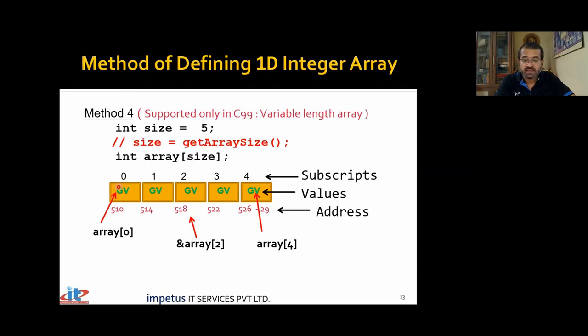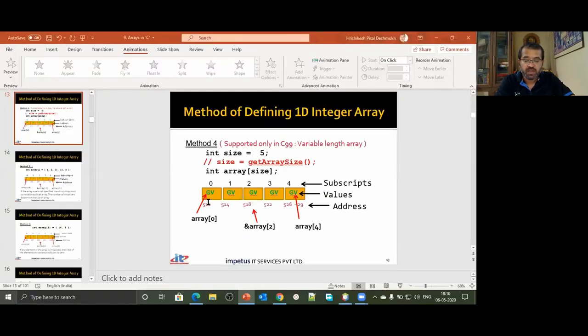But whatever is the size, the variables will get stored at contiguous locations. If the first variable is stored at address 510, next will be at address 514. So next will be at address 518 and so on. So all elements will get stored at contiguous memory locations. The fact of the matter is, I'll be telling you later, the first will never get stored at 500 and this. So let me just change the addresses. So next would be at 520. So if it is 20, this will be at address 24.